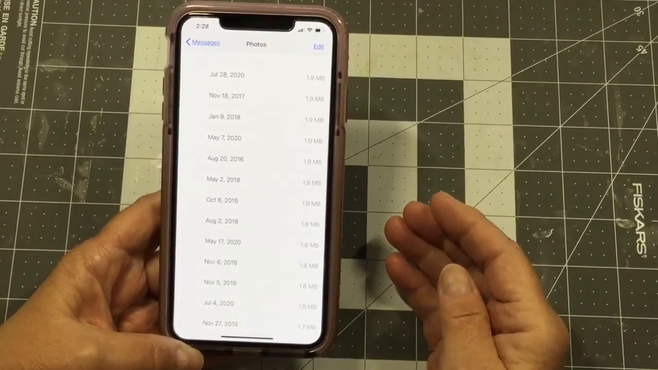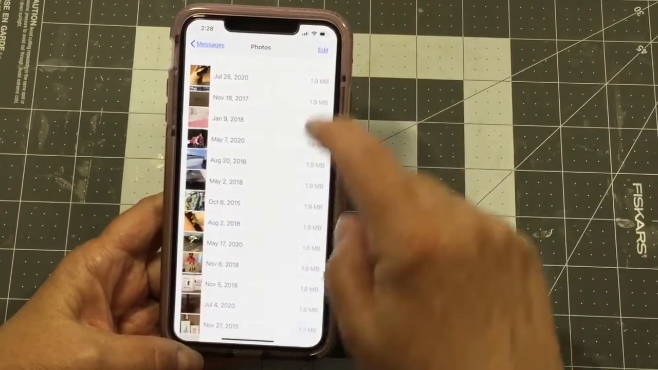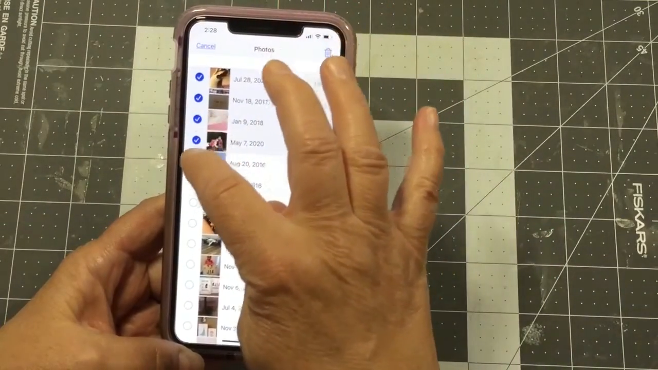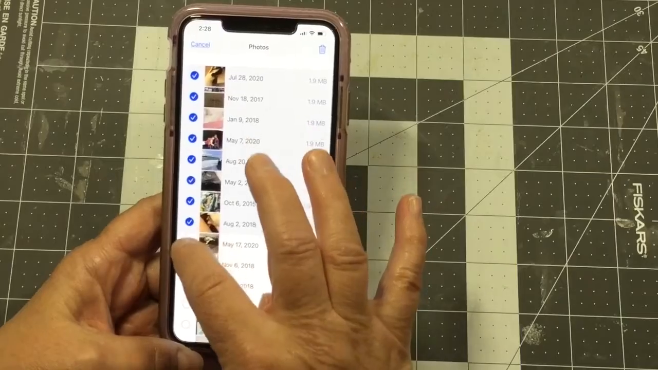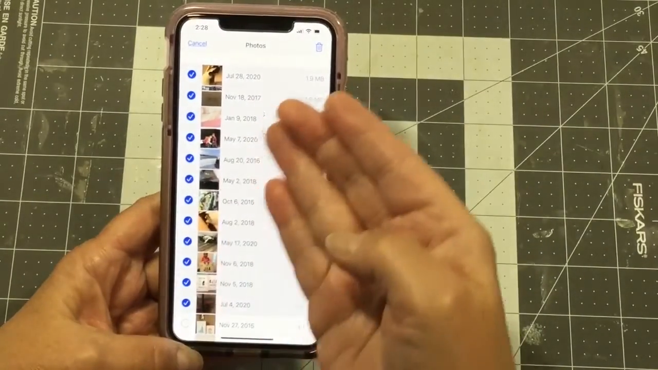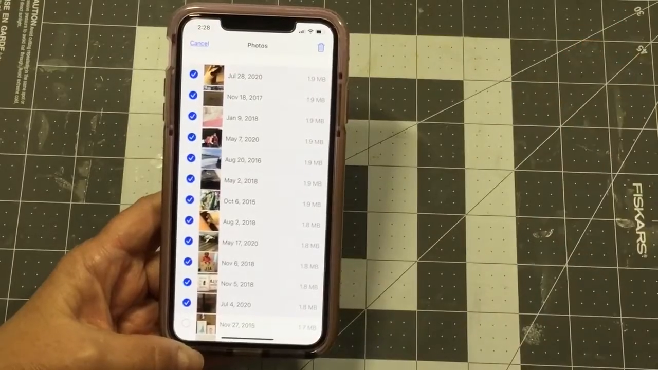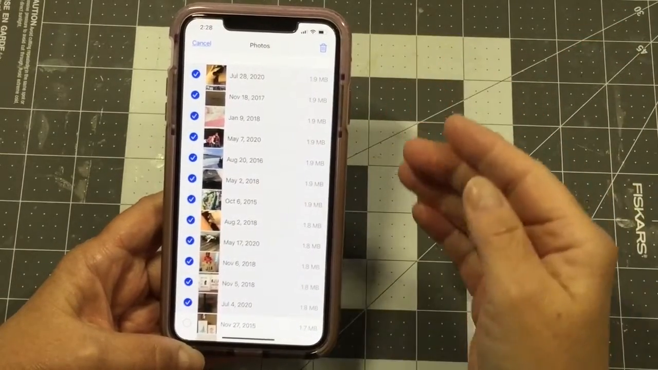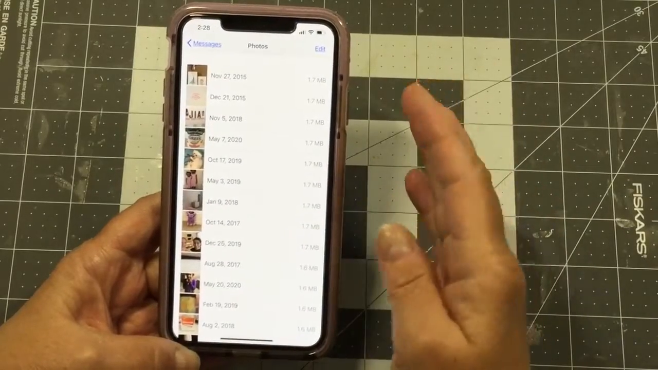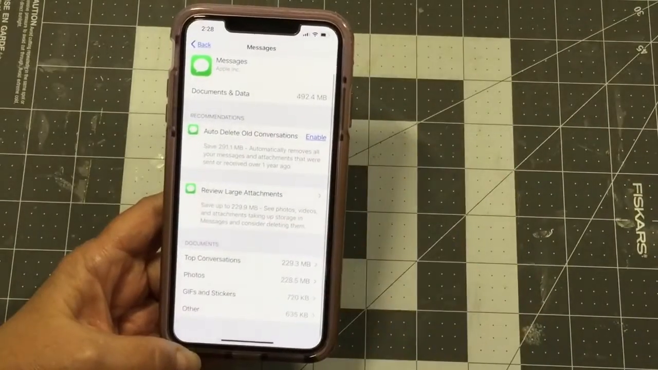So I go to photos, I let everything load, I go to edit, and I mark all of them because I don't need them. They aren't in my photos. These are not my photos. These are photos that were sent to me via Messenger. And then I hit my trash can. So once I've gotten rid of all of those, I go back out